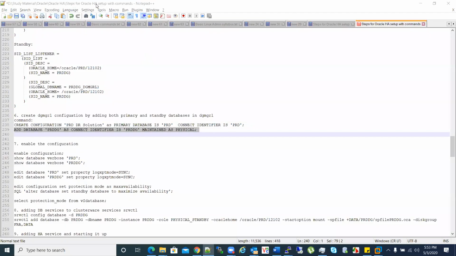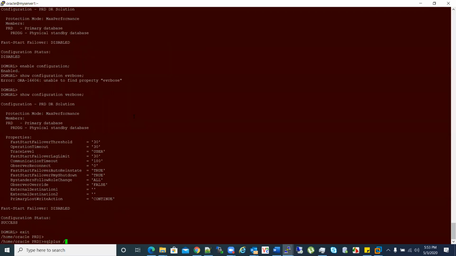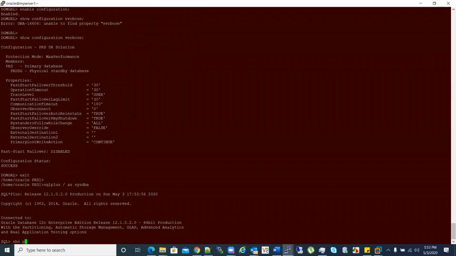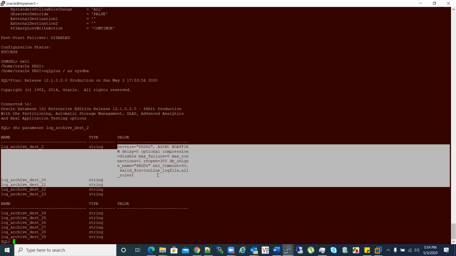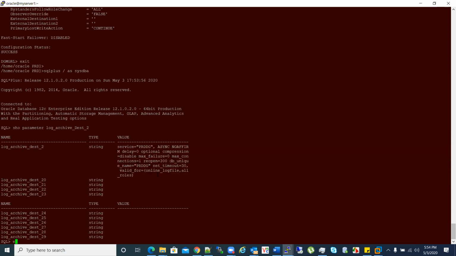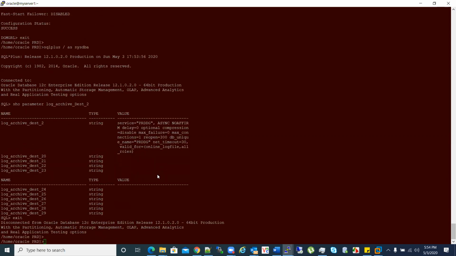Now let me check whether that log archive dest2 is set now, because I have removed it. Show parameter log archive. See this value. This is set by DGMGRL just after I reset it.